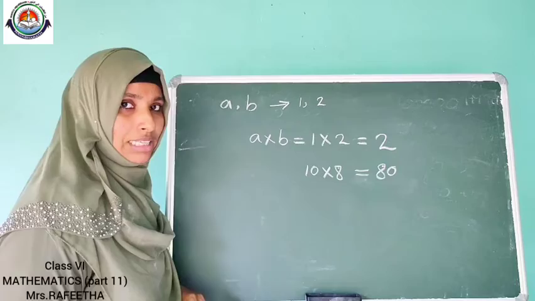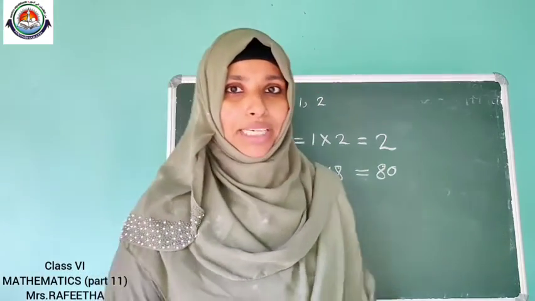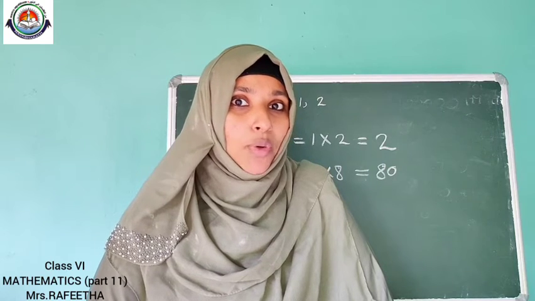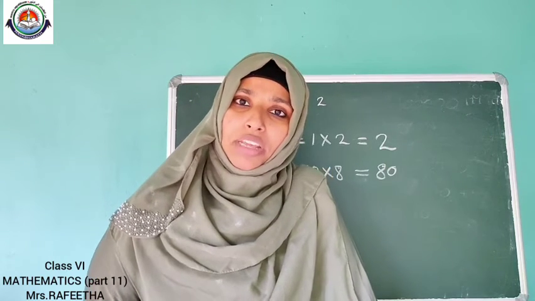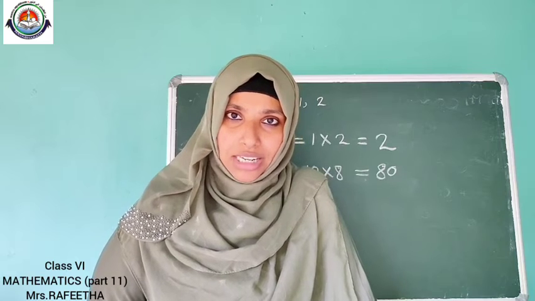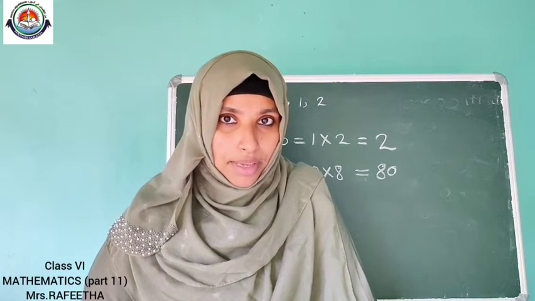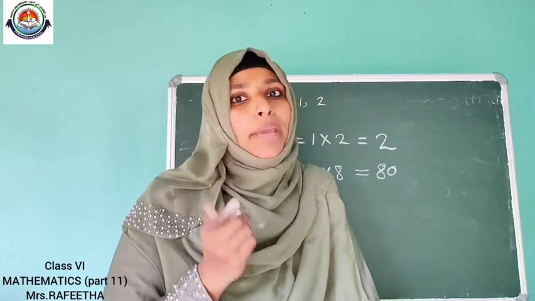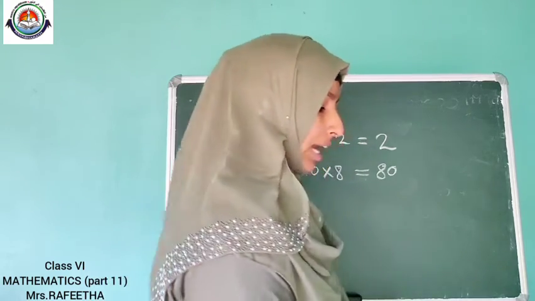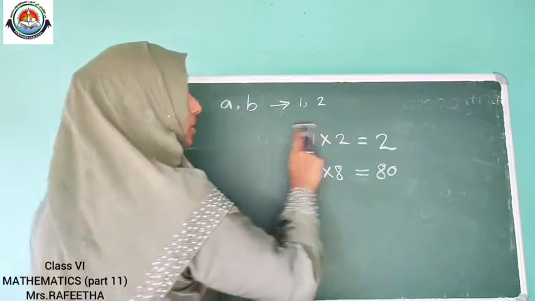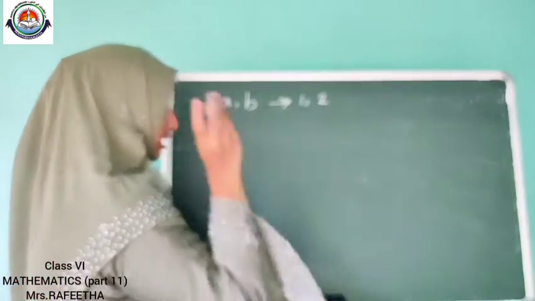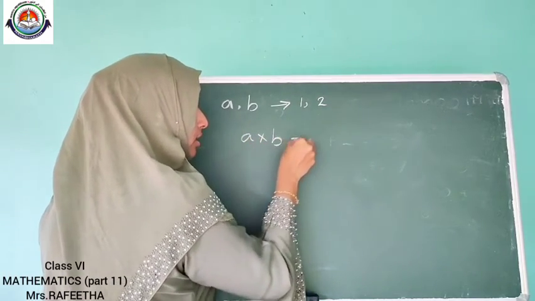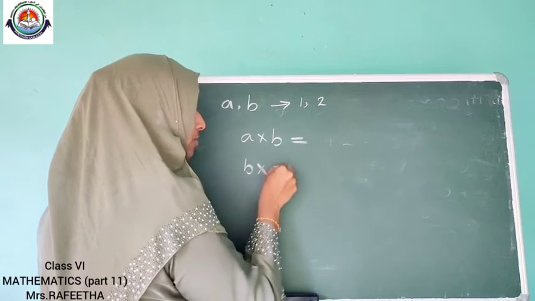Sorry, next property. Tell me, which property will be the next? Yes, that is the commutative property. We studied the commutative property in the case of addition also, right? That is, if A and B are whole numbers, then A plus B will be equal to B plus A. We can do that in the case of multiplication. If A and B are whole numbers, in the case of multiplication, A into B is equal to B into A. That we want to check.